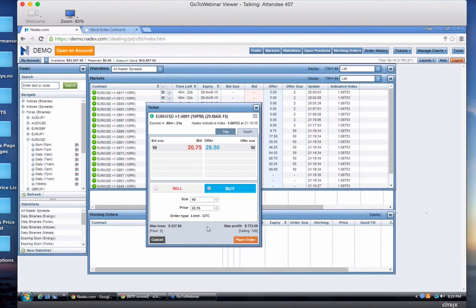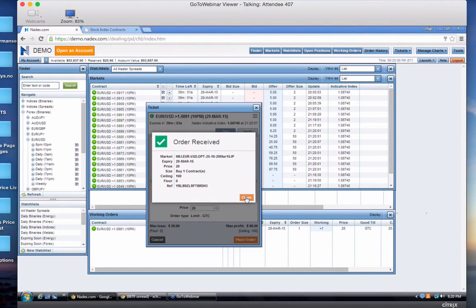As a limit order, I'm just going to keep it to a one lot because it's easier math for everybody. I could lower my bid price as well. So there's the spread right here. If you're able to buy it at 19, you're saving money. If you want to get filled right away, you're going to lift the offer. You could also split it and say, I'll try to buy it at 20, and so you'd place the order, something like that.